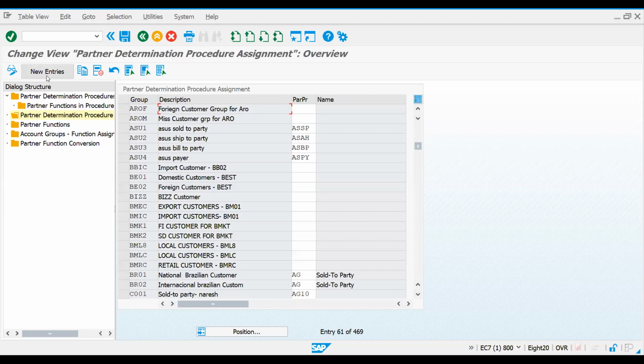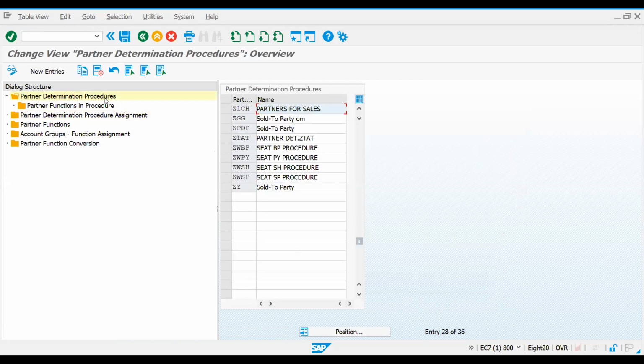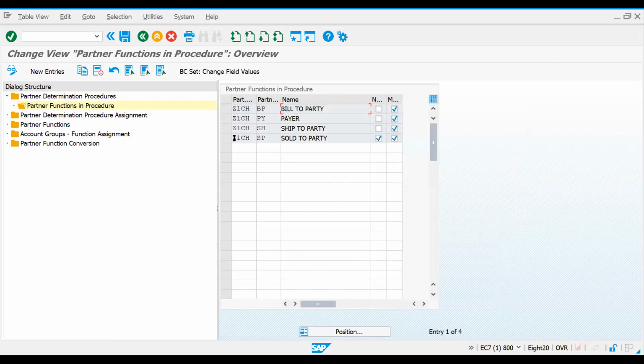Now let's go to the new entries. See, we have created a procedure. Procedure what? Z1CH. Within that, we have assigned our partner functions, what are the roles we want it for our